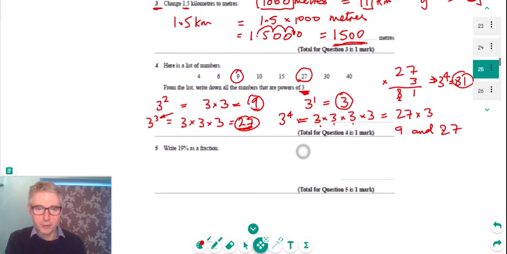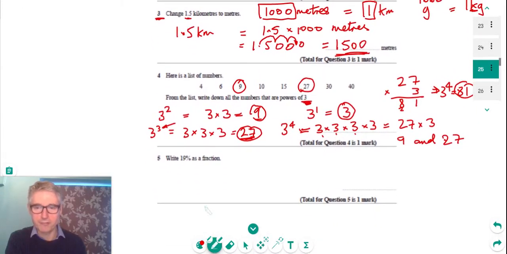So we're going to move on now. We're going to look at question 5. Question 5 says, write 19% as a fraction. So we have to think, what does percent mean? So percent